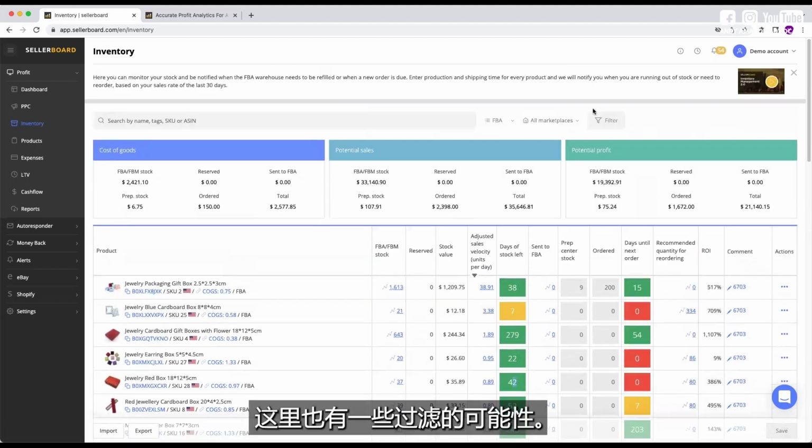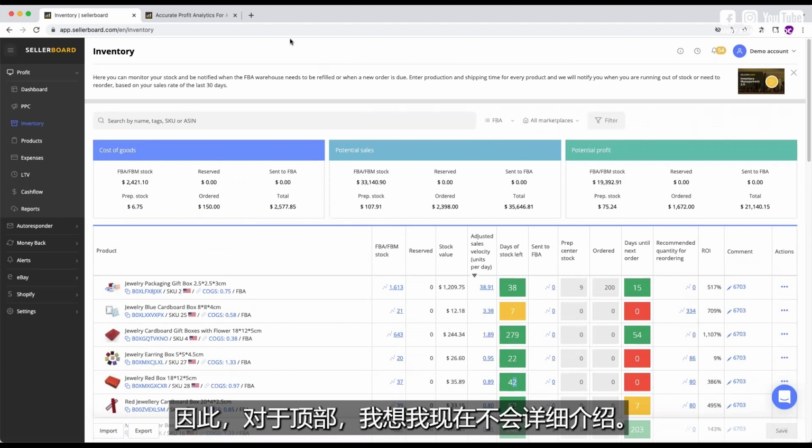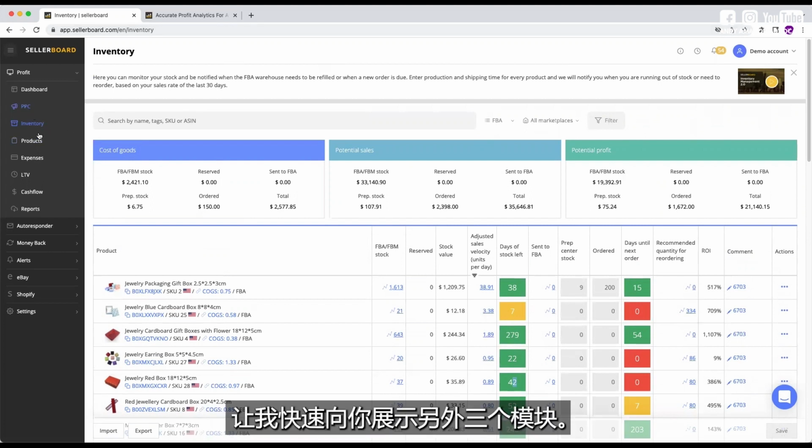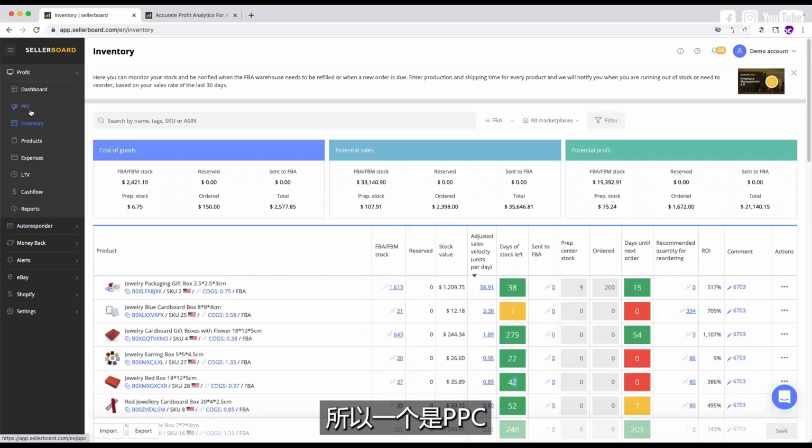Okay, there are also some filtering possibilities here, and some summary numbers on the top. I think I won't go into detail now. Let me show you. Actually, 3 more modules quickly. So one is PPC,